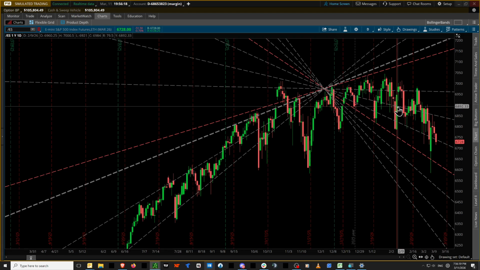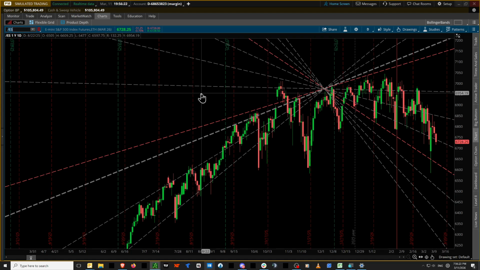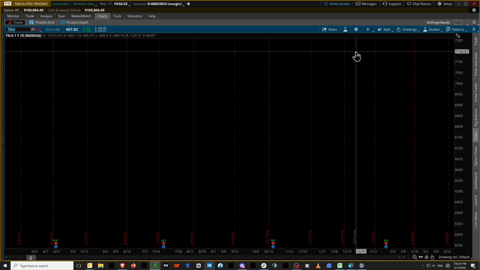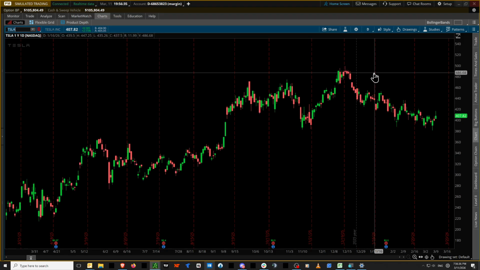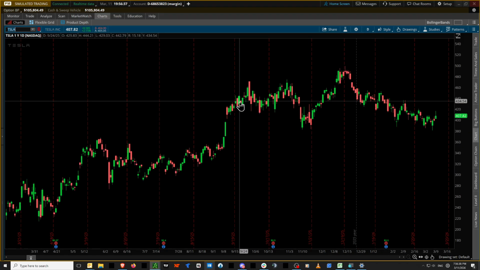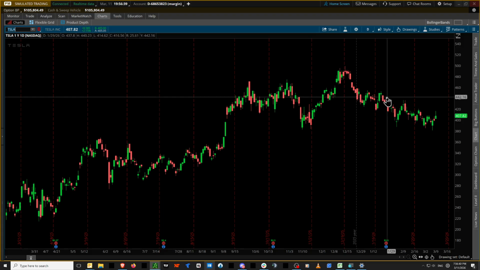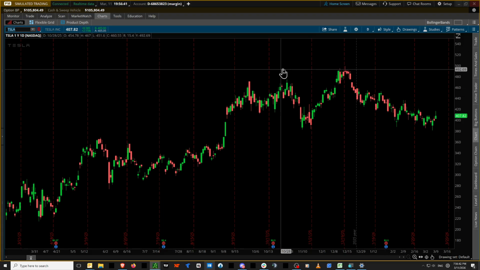Also take into context that it depends on how far back you drew the lines. Because remember, they are fan lines, and the further you move away, see how the spread gets wider and wider? So we have to come in here periodically and update this. So you say, well, okay, that's great for the ES. I'm sure a lot of stuff follows that. Well, does it work for anything else? Tesla. I'm just picking Tesla. No particular reason there. It's one of the first names that came to mind.